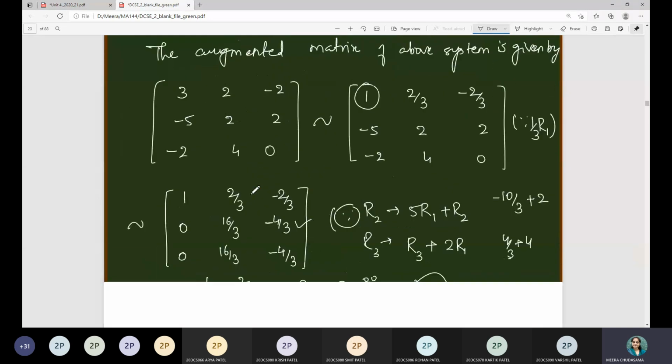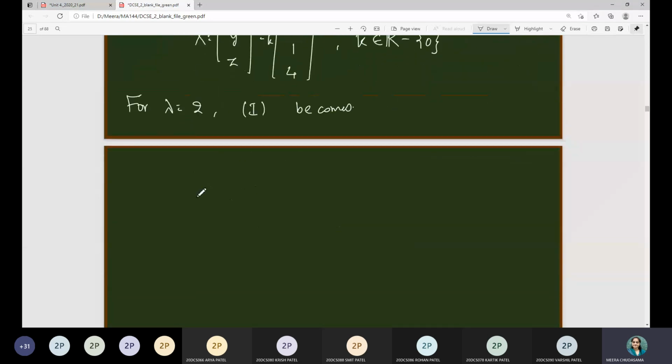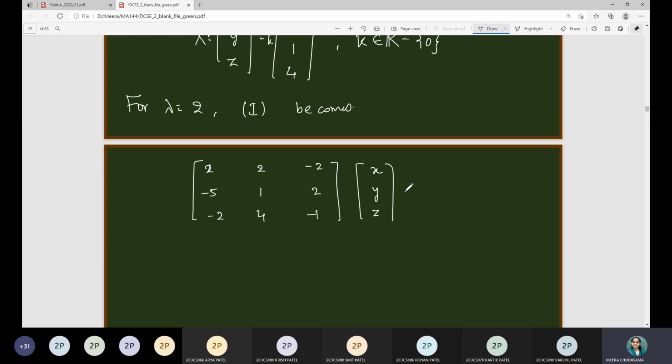So the expression will be, let me write, it will become 4 minus 2, that is 2, rest of the entries will remain the same, right? So the second row is 2 minus 2, minus 5, 3 minus 2, so 1, 2, minus 2, 4, and 1 minus 2, so it will be minus 1, x, y, z